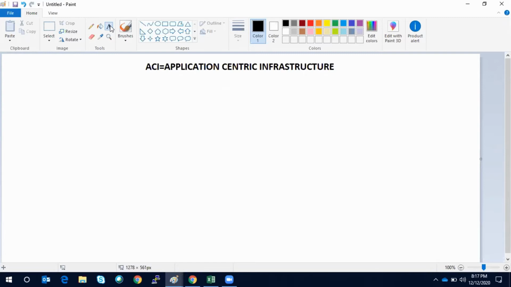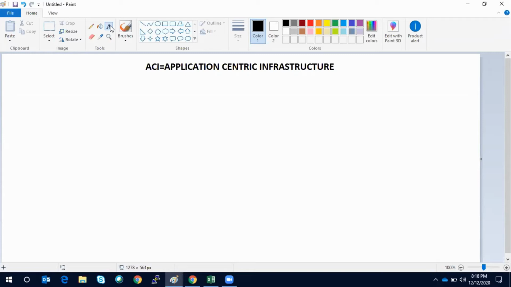Ultimately, the network is built for applications that run on top of the network. So for any customer, it is the application that brings the revenue, right? Any application that the customer runs brings the revenue. Your network does not bring the revenue. So basically your network should be in such a way that it can facilitate the application deployment and bring benefit to the customer.